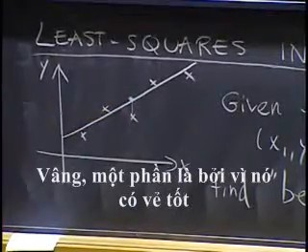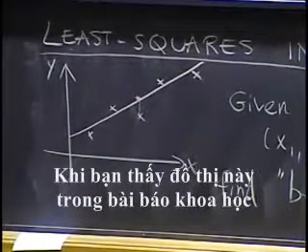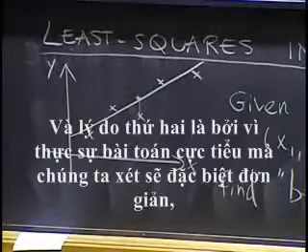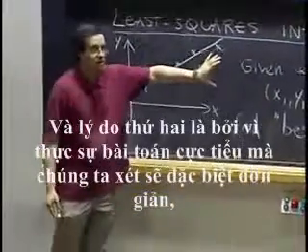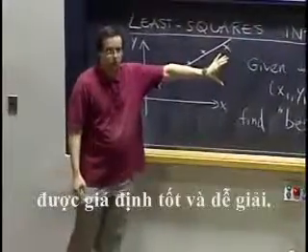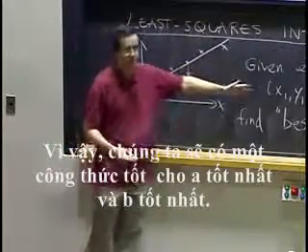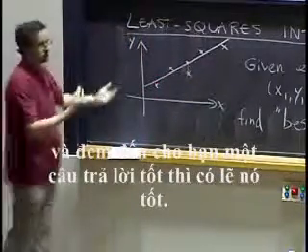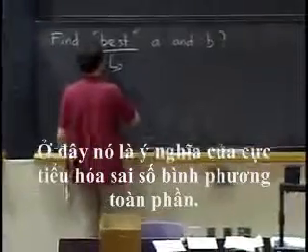Well, part of it is because it looks good. When you see these plots in scientific papers, they really look like the line is indeed the ideal line. And the second reason is because the minimization problem that we will get is particularly simple, well posed, and easy to solve. So we'll have a nice formula for the best A and the best B. If you have a method that's simple and gives you a good answer, then that's probably the good one. So, we have to define best. And here it's in the sense of